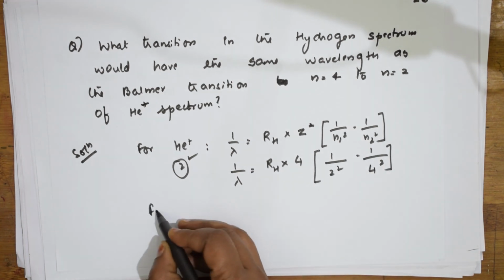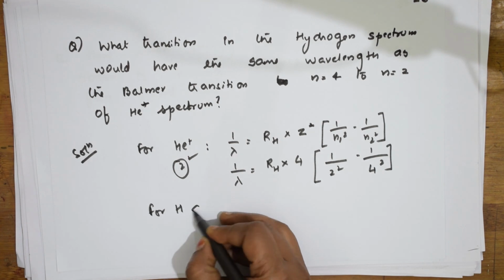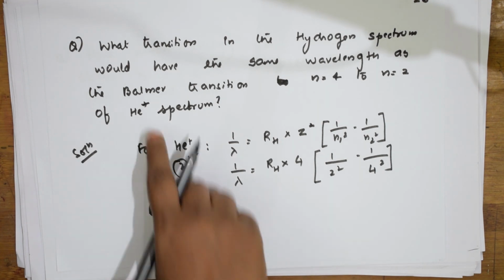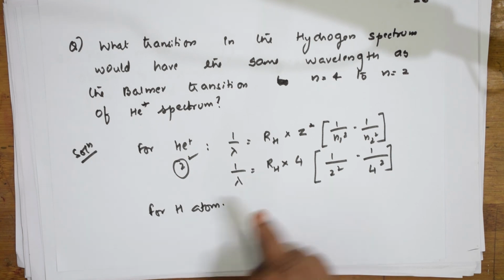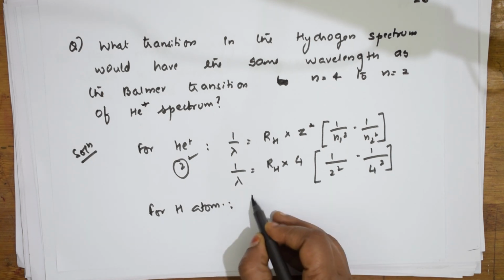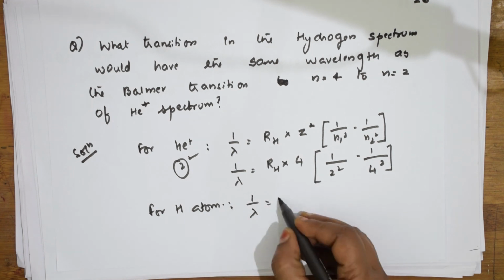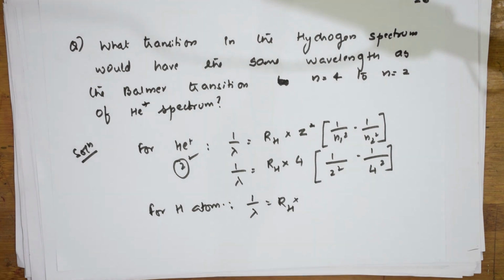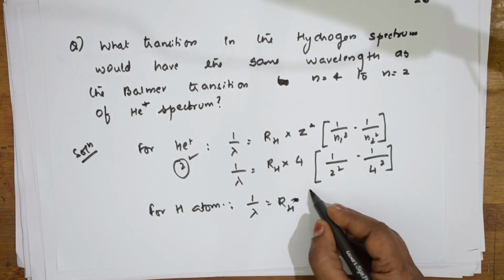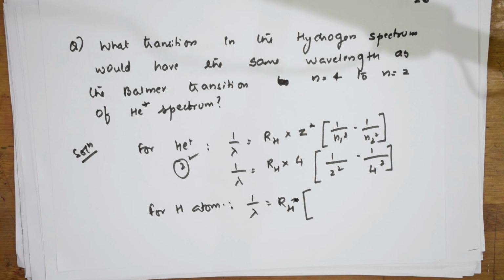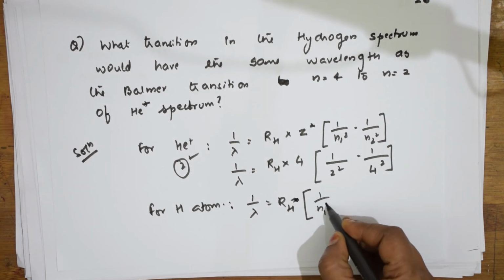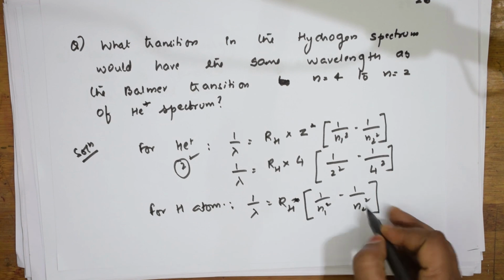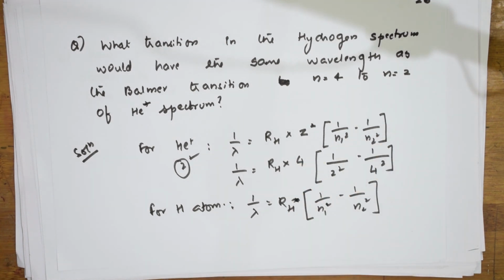Now let's come back to the hydrogen atom. This is for helium and this is for the hydrogen atom. Here they've given helium plus, so I've taken that. Now the same formula applies here: 1 by lambda is equal to RH into Z square, where the atomic number for hydrogen is 1 square, so nothing to write in this case. So I'll be writing 1 by n1 square minus 1 by n2 square. Okay, I have hydrogen and this one. Now let me name